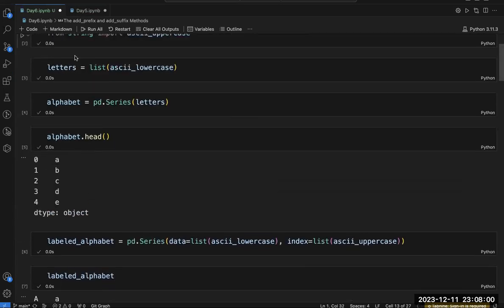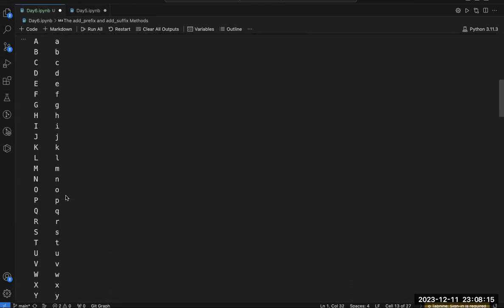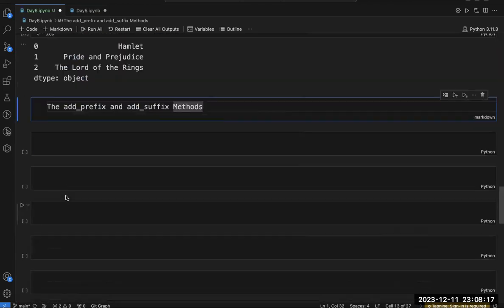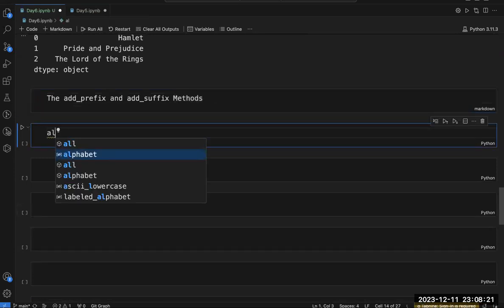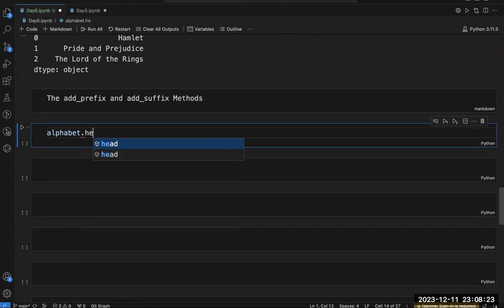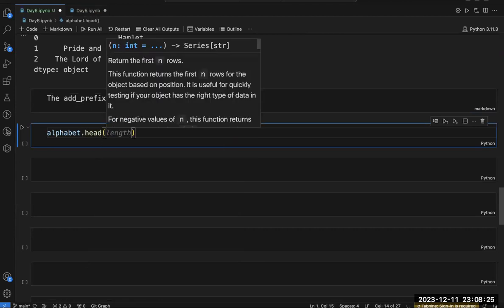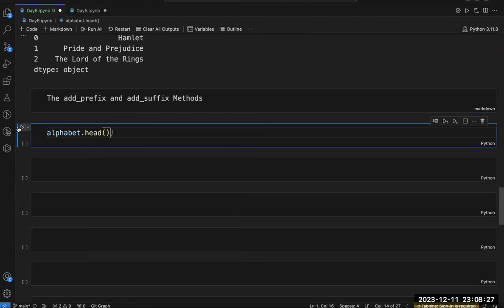You can see I have already created this series, which is alphabet. In the label section there are 0, 1, 2, 3, 4, and in the values small a, small b, small c, and small d. If I check alphabet dot head, we can see the structure of this series.